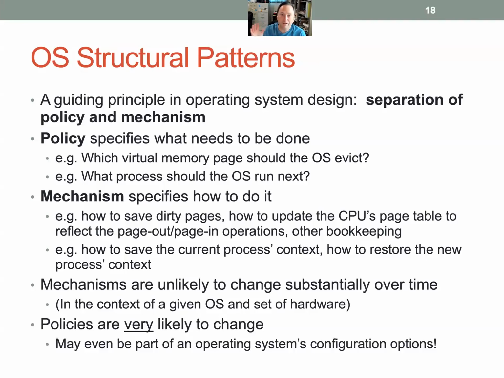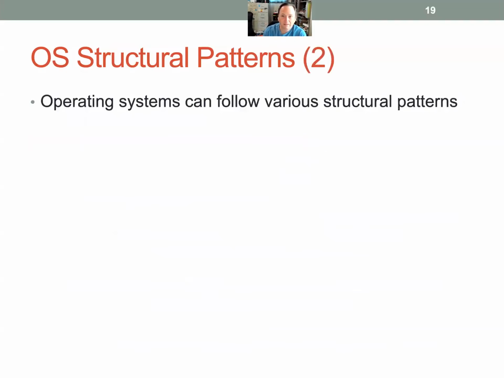Another example, I don't know if any of you have Android phones, but Android has this thing called the governor, which controls how fast the processor runs and how much power it uses. And the governor is something you can configure as a policy in the OS. How it does its thing is mechanism. And so that lives outside of the governor. Okay, now